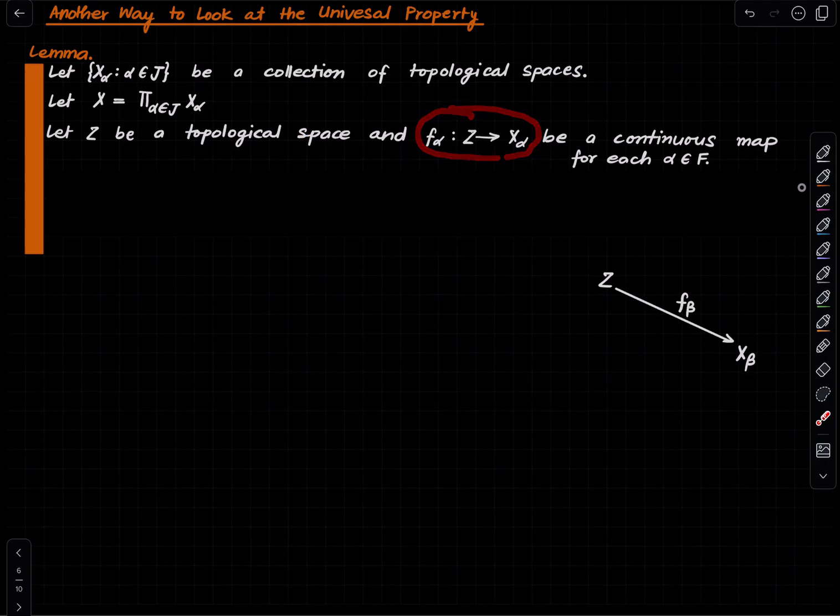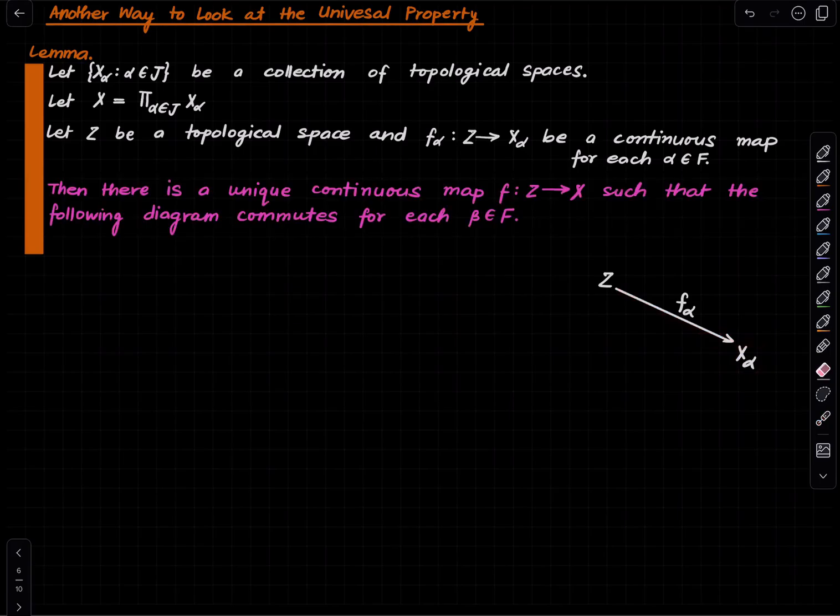So this has been given to us. So for each alpha, there is a map going into X alpha, which is continuous. Then there is a unique continuous map f going from Z into the product